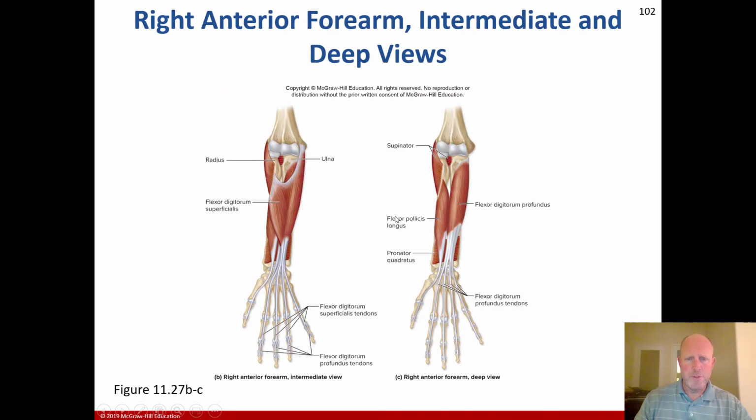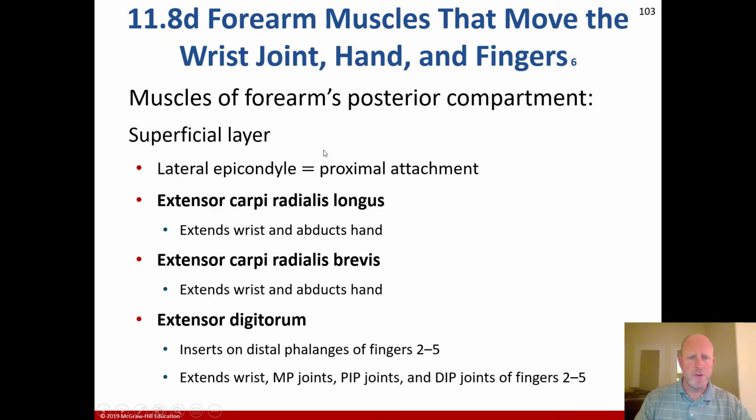I'm not going to go over the deep views, the same muscles there, but it's something you'll need to be reviewing for lab. Superficial layer, the lateral epicondyle is the proximal attachment. It includes the extensor carpi radialis longus, which extends your wrist and abducts the hand, or radially deviates